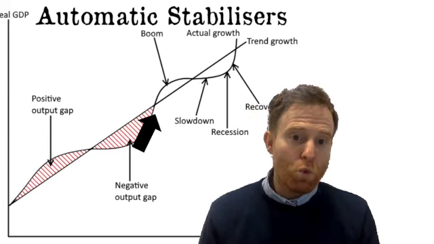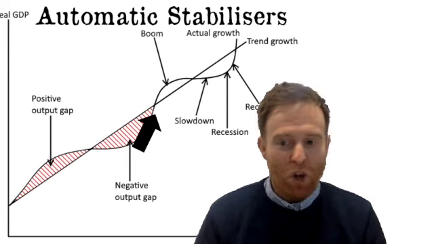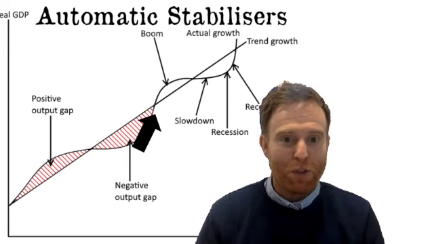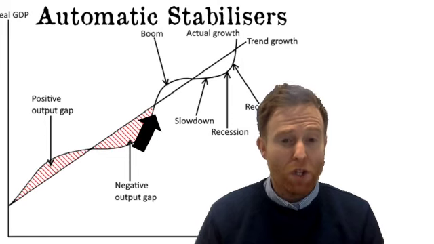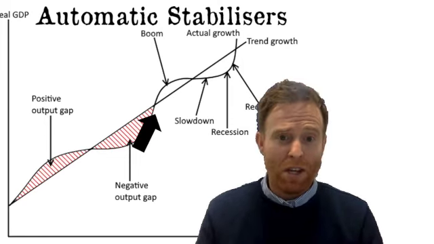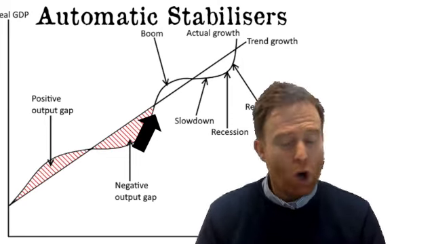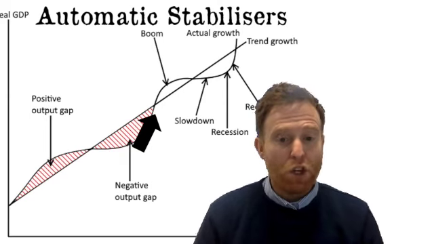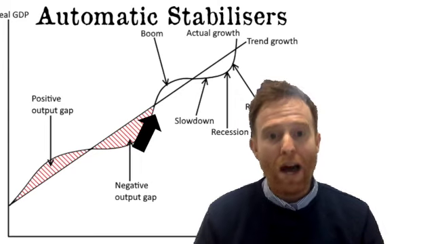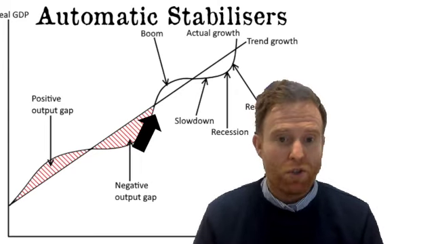Now, will they always work? It really does depend on the rate of the economy in terms of its decline. If the negative output gap is very, very severe, like we've got with the Great Recession and now with COVID, then automatic stabilisers are not going to be enough, all right? And therefore, the government will have to intervene and carry out those discretionary policies.